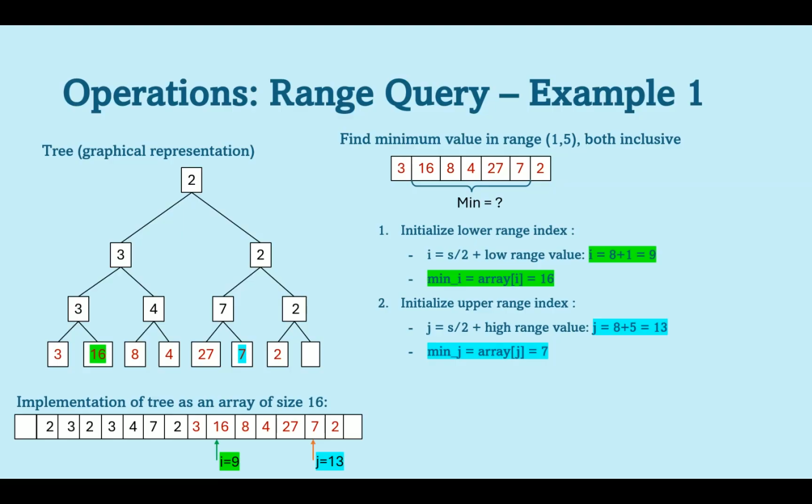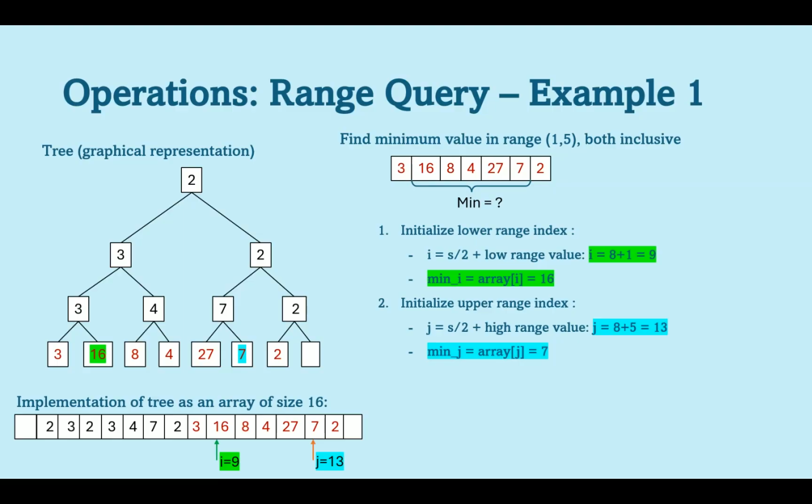And for j, we do s divided by 2 plus the high range value, making j equal to 13. So the value of 7 is in position 13 of the tree and array representations. So as of right now, in this range of 16 to 7, the minimum values we have are 16 and 7. Now we don't have to go through the entire tree, we can just check the elements on the level